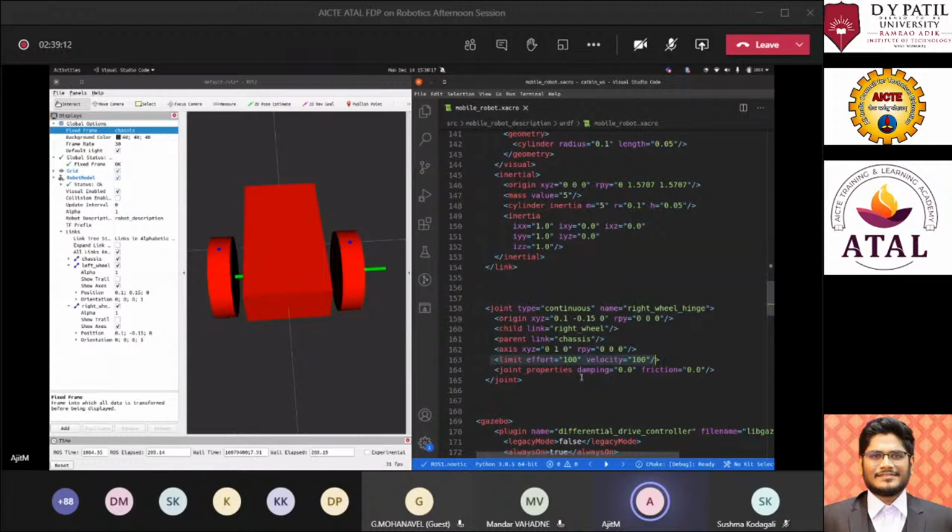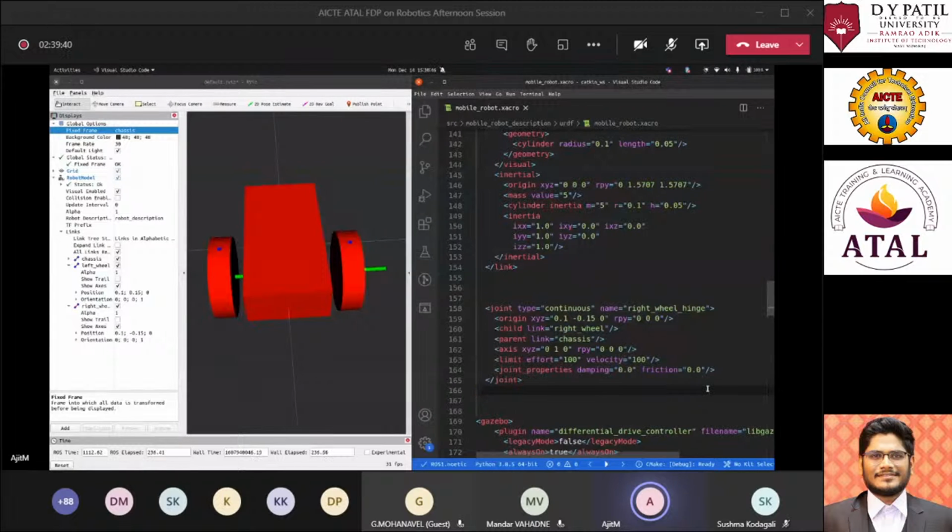and limits and joint properties. Now, joint properties is something which I haven't discussed yet. If you have specific robots which have very specific joints, and there is some kind of damping and some kind of friction to that joint, you can also provide that info over here. But right now, since we are doing a very basic simulation, I have just given damping to be 0 and friction to be 0.